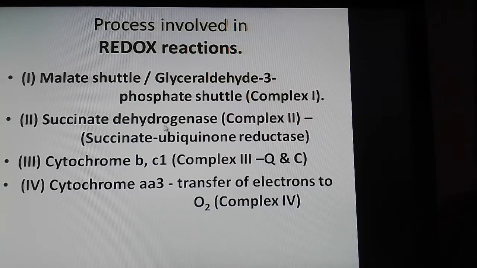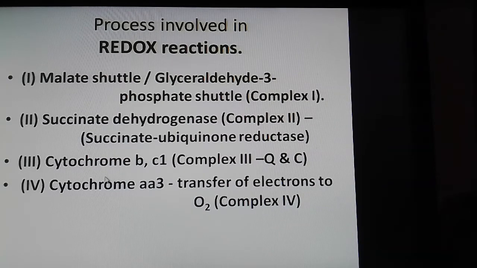And then succinate dehydrogenase, succinate ubiquinone reductase, is helpful for oxidizing FADH2 into FAD. That way the electrons available with this FADH2 will be taken into ubiquinone, that is coenzyme Q, mediating the electrons from this NADH and FADH2 to the